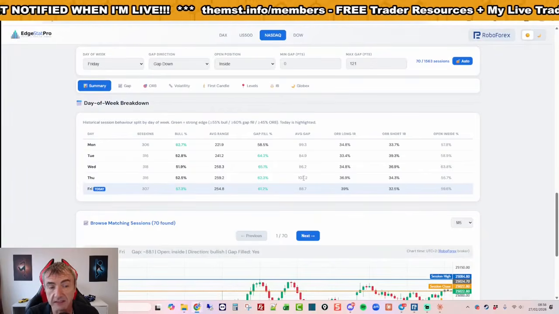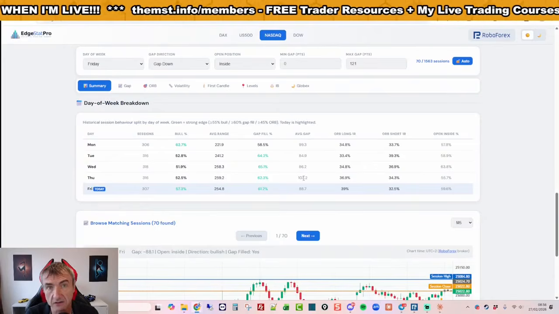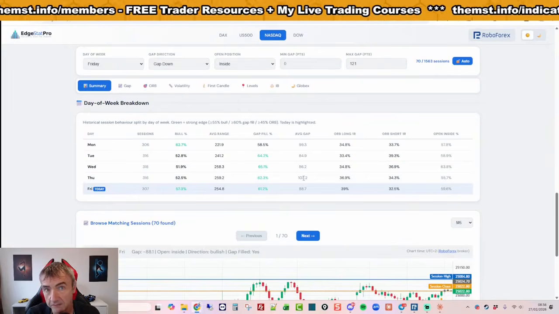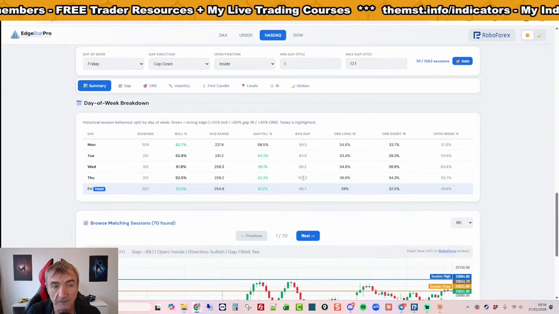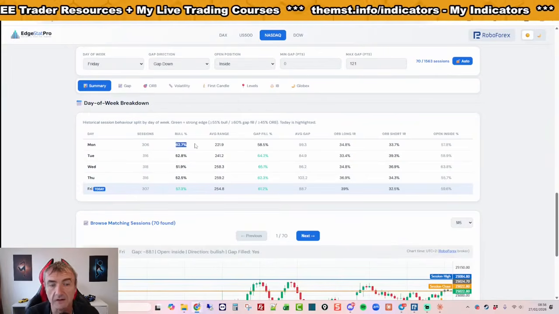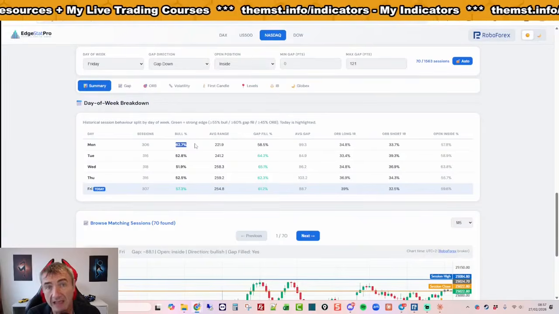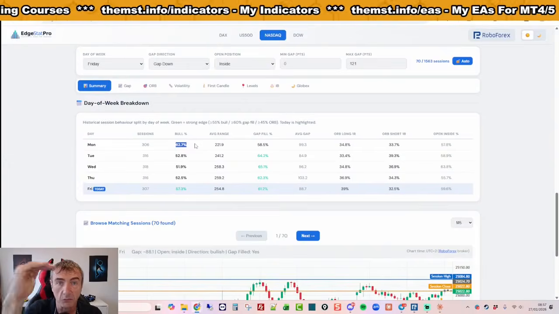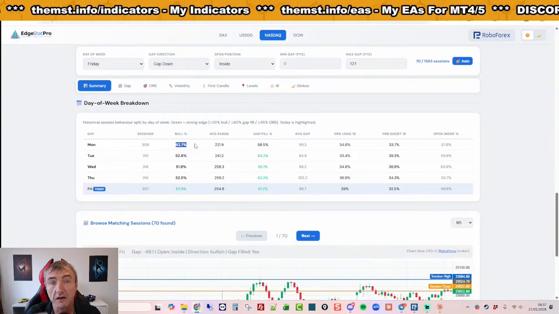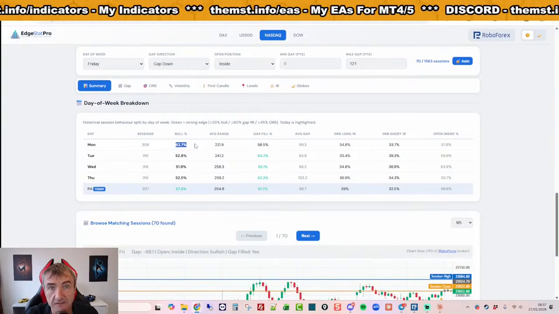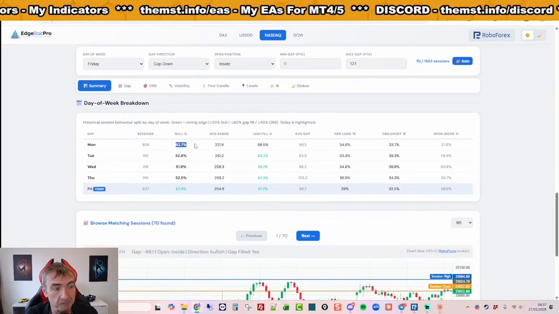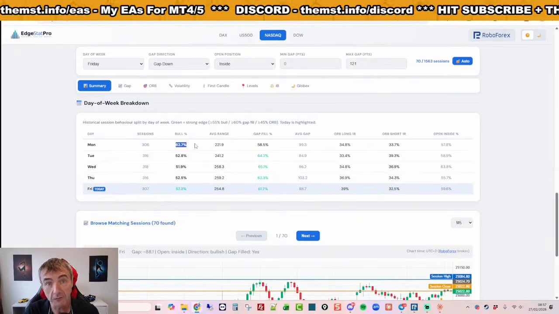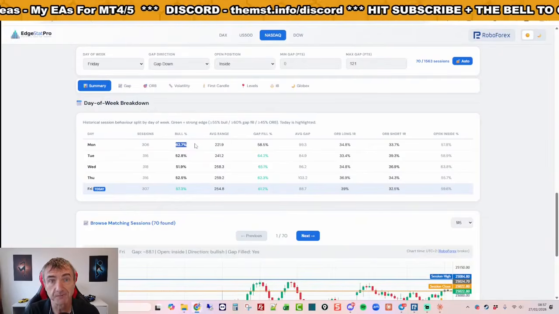And an edge is basically, he knows what an edge is, it's a statistical advantage. It's something that happens more than 50% of the time with a positive R ratio. That's an edge. So if he finds something that has a 62.7% edge, and on average the losses are smaller than the wins by 1-to-1, bang, that's a strategy. That's it. That's what an edge is, isn't it? So he creates stuff automatically that he knows has a probability of finding edges.